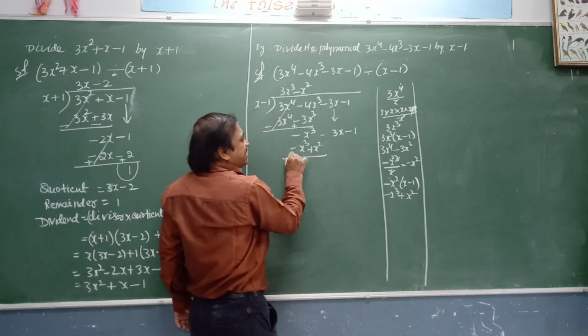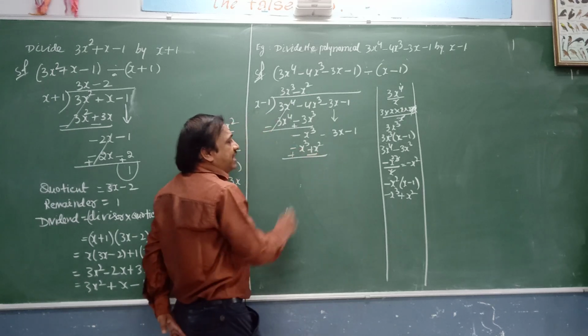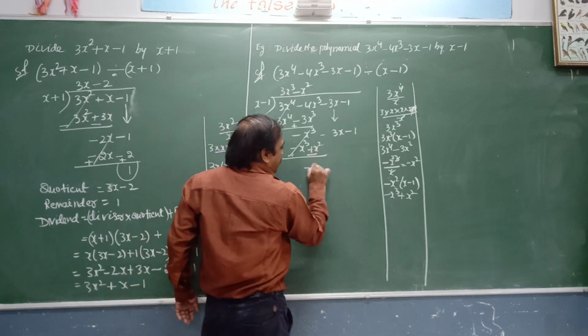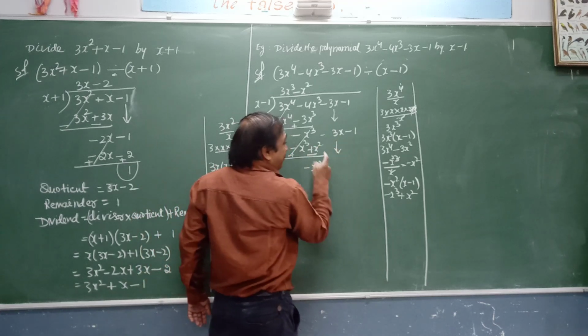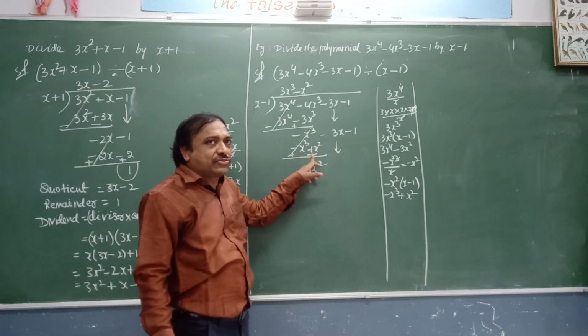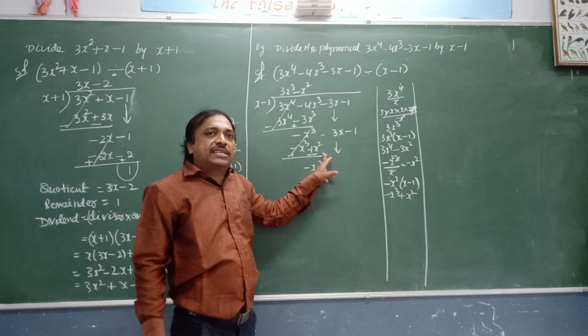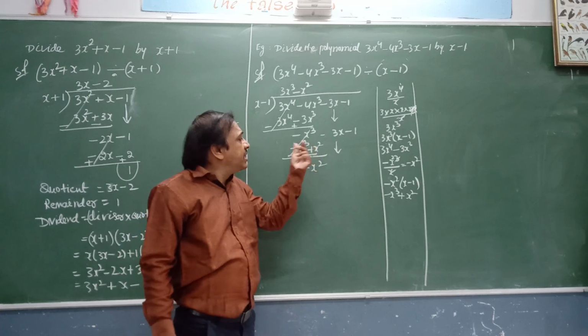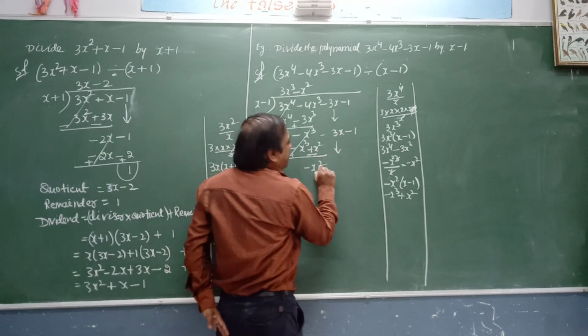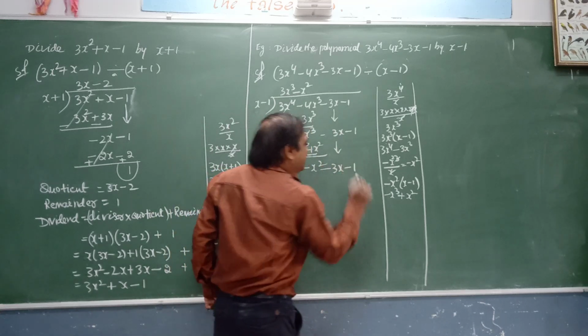Then this is plus, this becomes minus. Cancel. Then minus x square. Bring down this term because we don't have a term. So that's why this is 3x and this is x square. We cannot add or subtract, x square is a separate term. So x square, this has minus sign, minus x square, and bring down minus 3x minus 1.